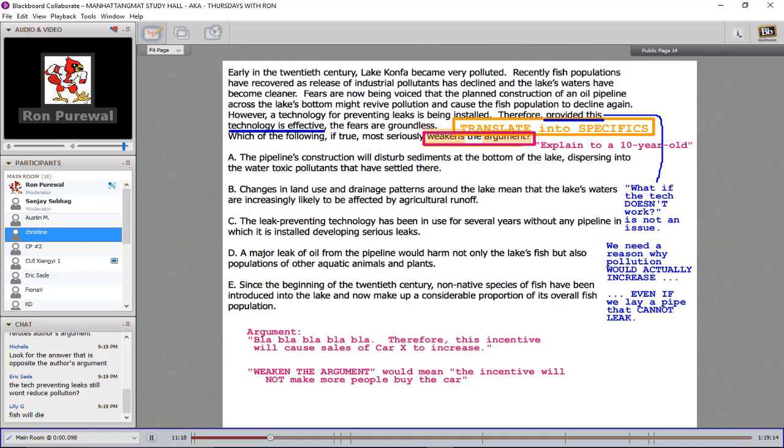That's what we need. Notice you guys need to do this before you go to the answer choices too. This is a standard for what a correct answer should do. The correct answer should do this. Give me a smiley face if this makes sense. That's smiley faces. Yeah, right? So this is what you should always do. Always, always, always. Always have a specific standard for what correct answers should do, before you go to the choices.